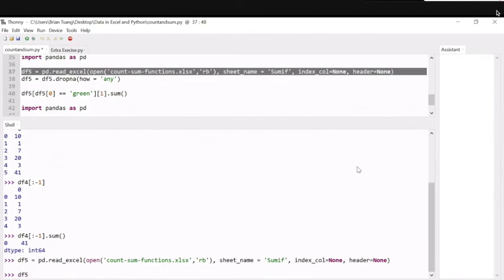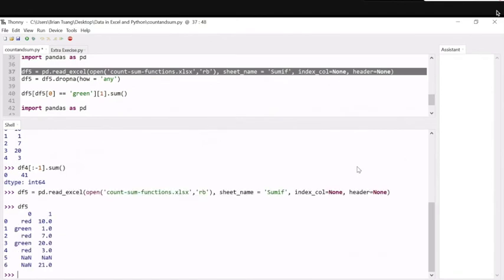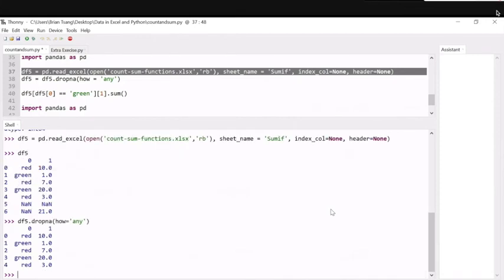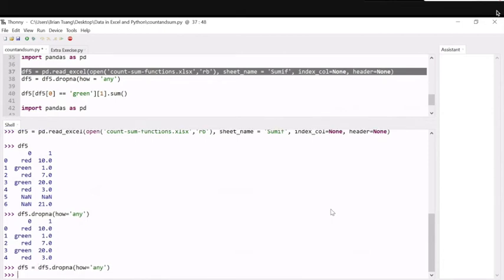and df5, and then there's a missing value, so we drop it, and now it is equal to n. So this is what we need, and then we can assign it back to the data frame, and then now